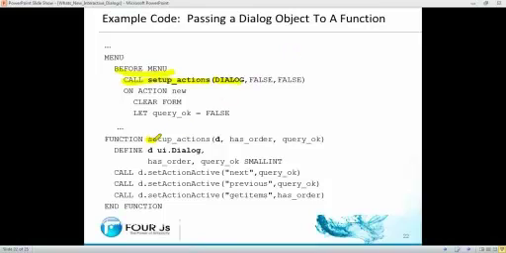Then down here in the setup actions function, here's where we passed in our dialog object. We've defined a variable D as a ui.dialog object. What we're doing here is just using this function to enable and disable some actions. Maybe we have some actions that we want to be available to the user during the menu dialog, and maybe we have some actions that we don't want to be available in this dialog. So we're using a setup actions function and a reference to the current dialog to actually enable and disable